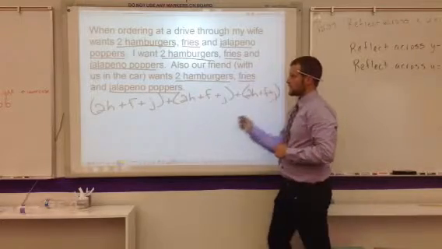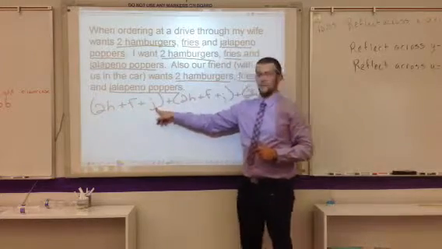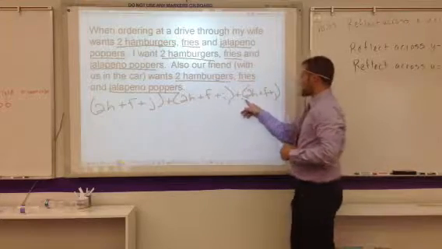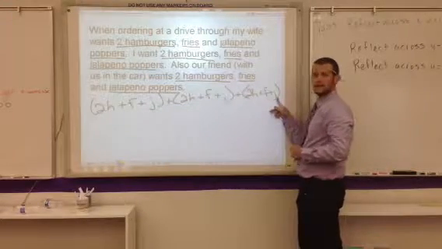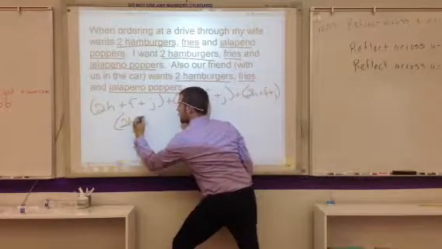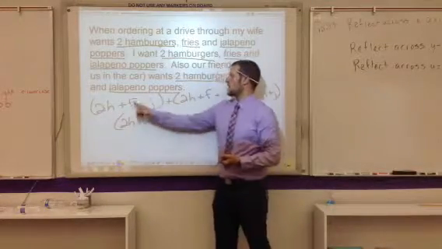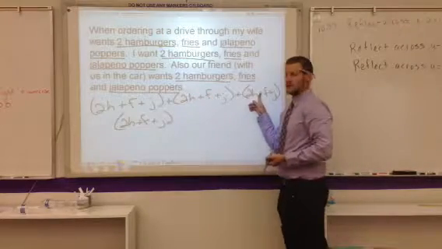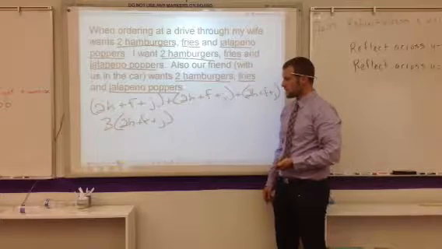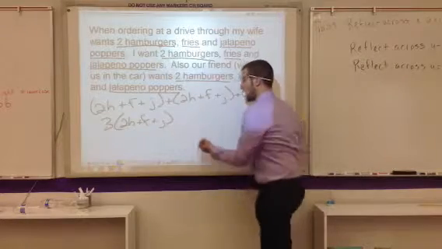Or I could notice this is an order containing 2 hamburgers, fries, and jalapeno poppers. We have another order that is exactly the same things, and a third order with exactly the same things. So I could say 2 hamburgers, fries, and jalapeno poppers comprise one order. We have 3 orders that are identical, so I want 3 of those orders. Now, if I have 3 entire orders of these things, I have to know